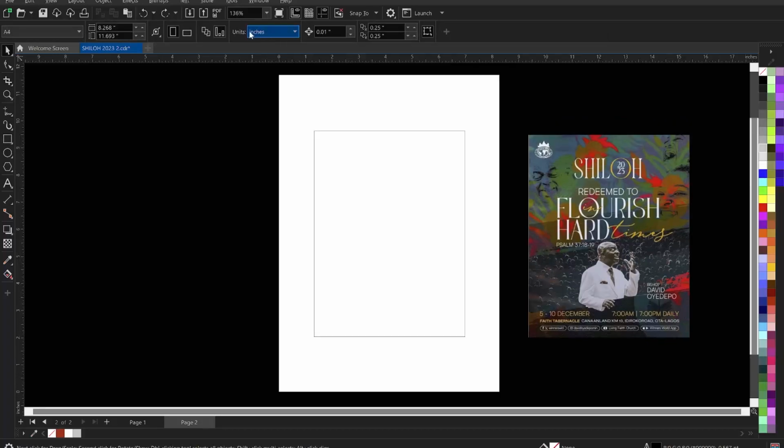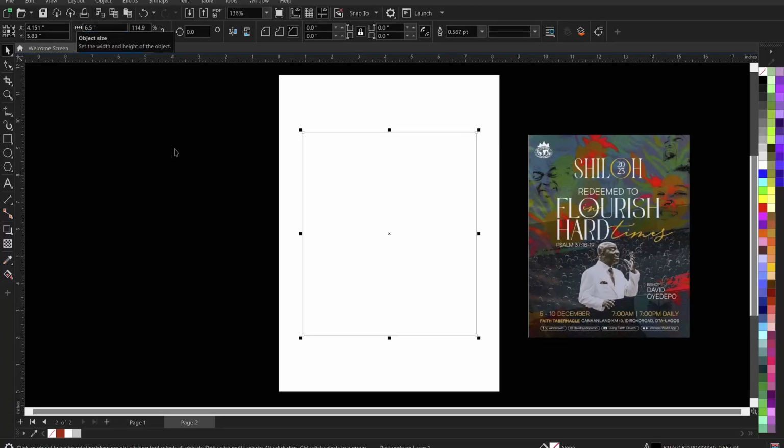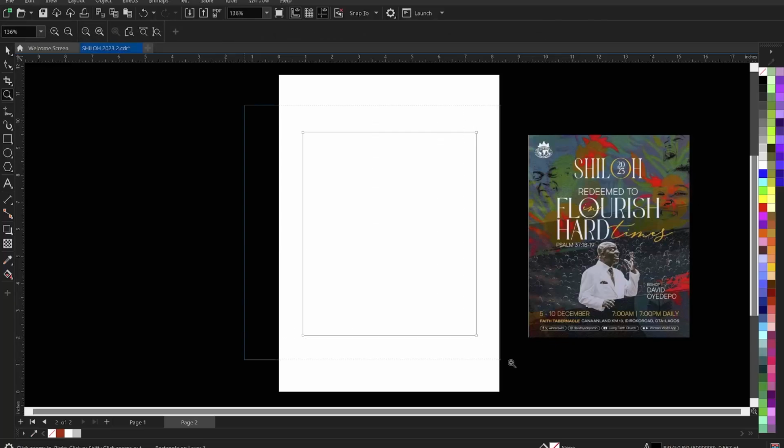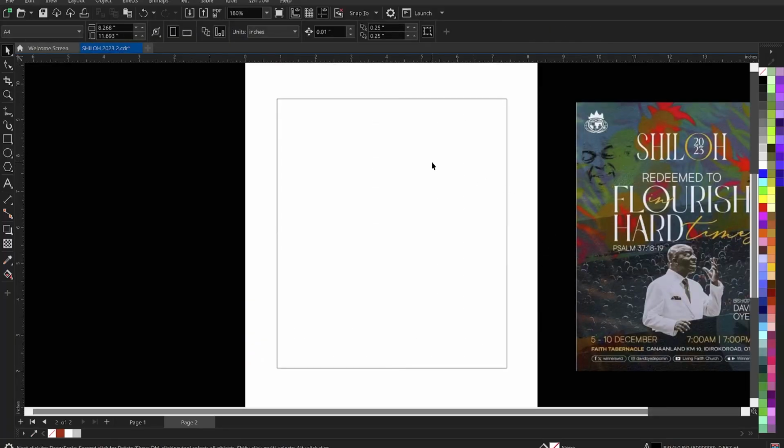Make sure your workspace is set to inches. Then you click on the box and come here. The flyer size is 6.5 by 7.5 inches. So here we have it. Now that we've set the frame size, the next thing we are going to do is